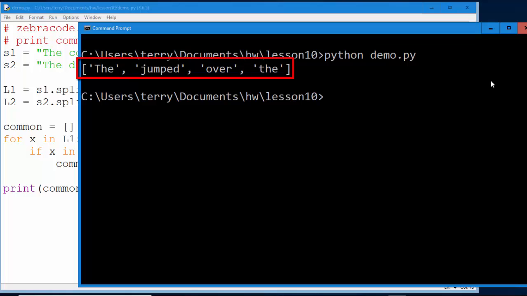Capital "The" with the capital T, and then we have "jumped", "over", and the small "the" starting without the capitalized T. To get more practice with string functions, I